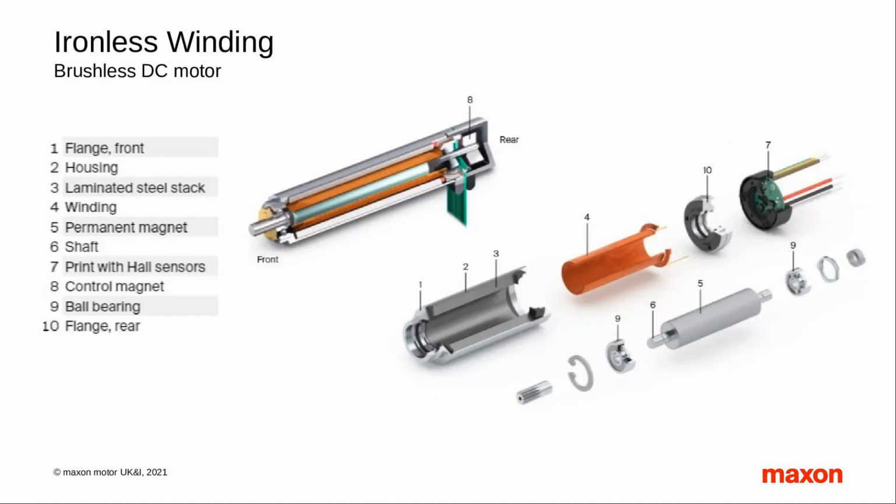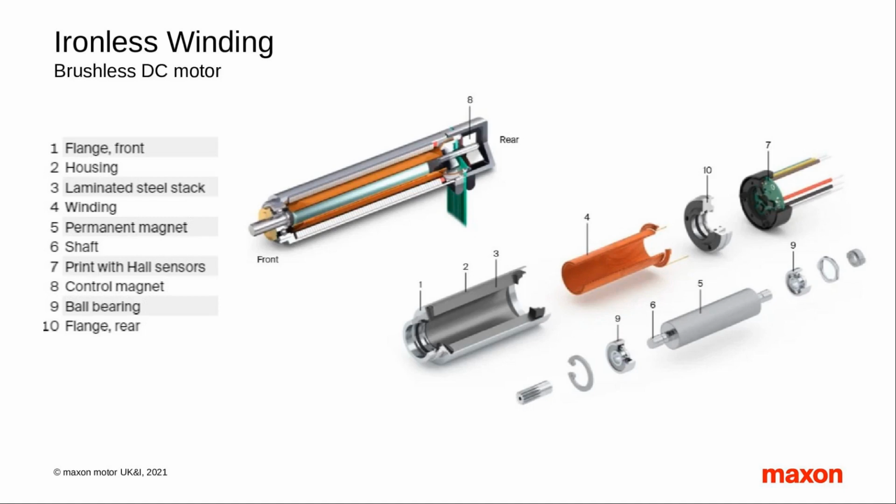So this is again an ironless winding, but in a brushless motor. The previous slide was a brushed motor. This is brushless. And again, if you look at component number 4 there, which is the copper cylinder, that is the winding. That is put inside the motor body. What rotates within that is the rotor with the motor shaft. That's item number 5 and 6. And the magnet runs inside